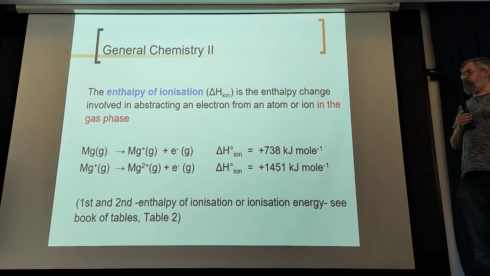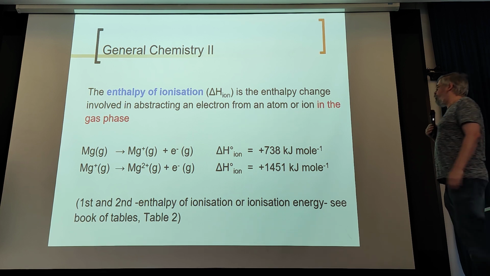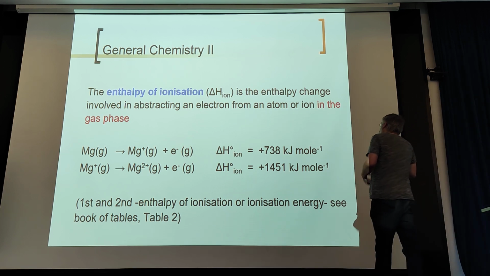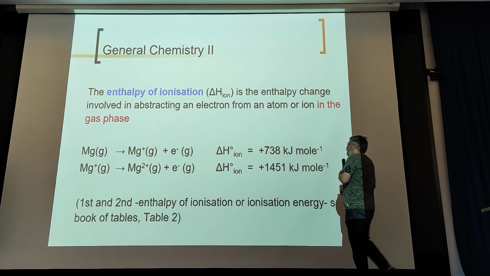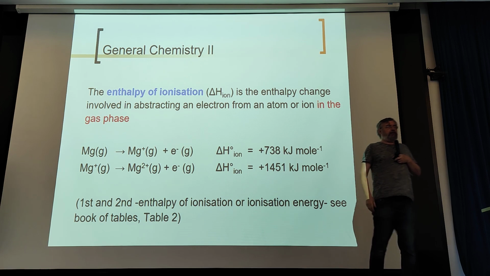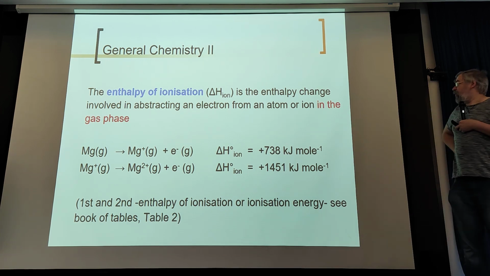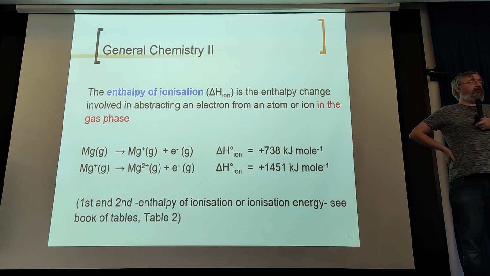For instance, in this case, the magnesium atom can lose one electron and then a second electron in 2 steps. We go to magnesium plus and magnesium 2 plus. So you can see the energies to do that are much higher than the energies needed to break